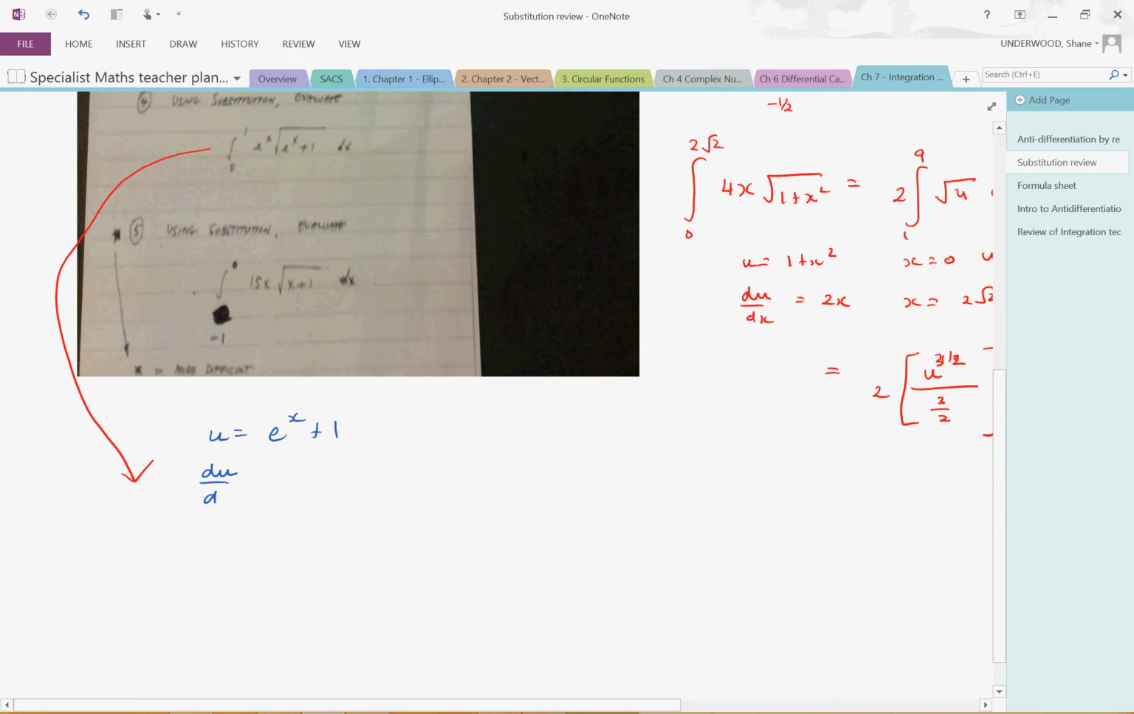du dx is equal to e to the x. And when x is equal to 0, then u is equal to e to the 0 plus 1, so that would have to be 2. When x equals 1, u is equal to e to the 1 plus 1, or e plus 1. But that should be no problem. So now therefore we're going from this